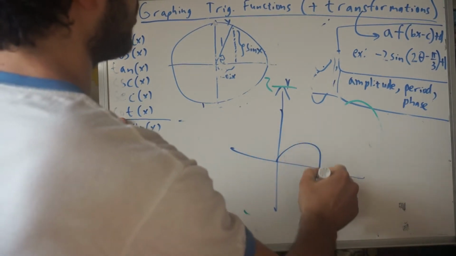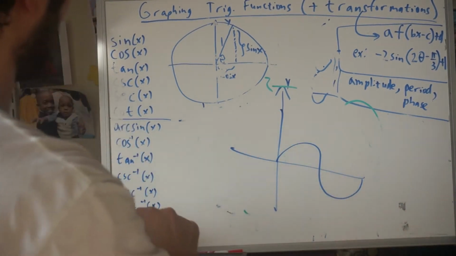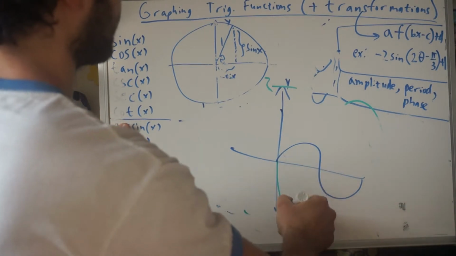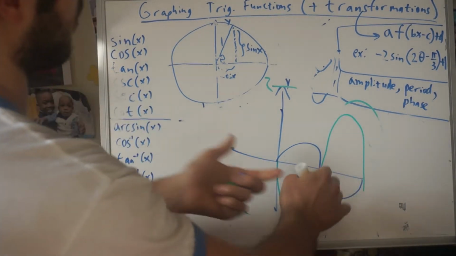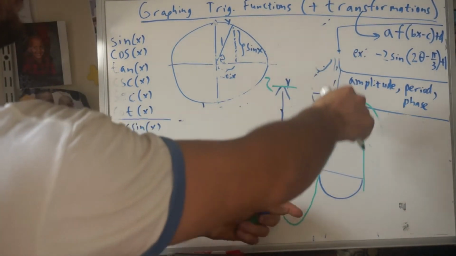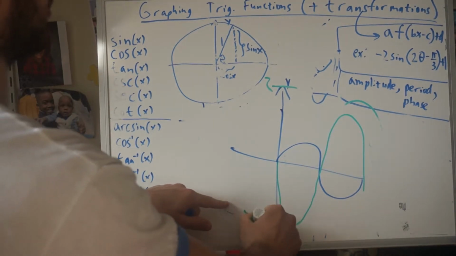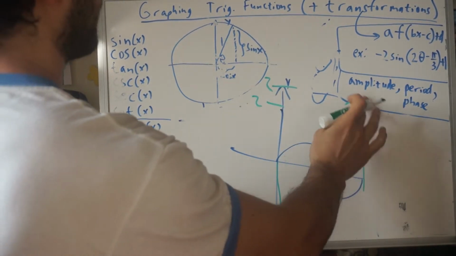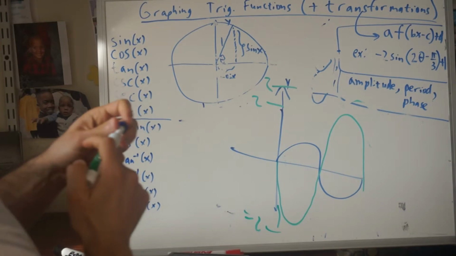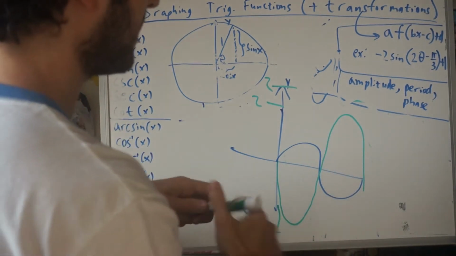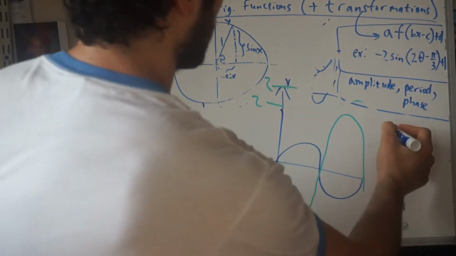So we had this original function. Then we flipped it, and then amplified. So it's going to -2 and +2. And now we want to know what that 2 is doing. So let's think about that. Normally, if we have sine of x,